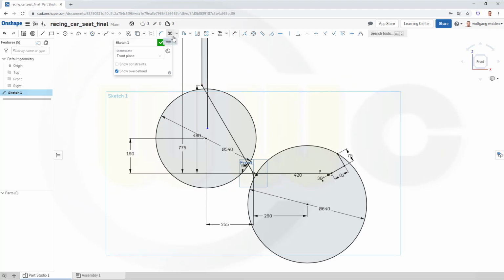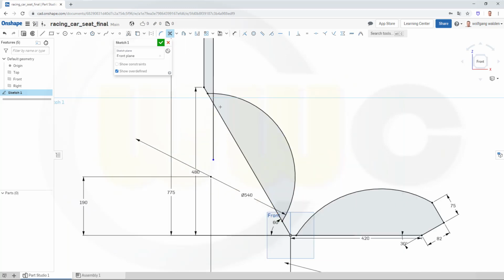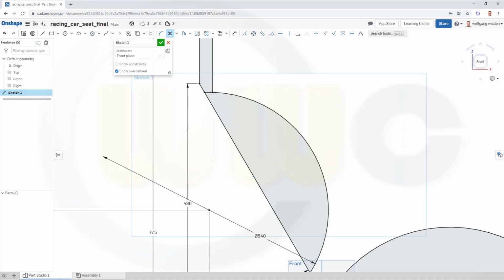Now let's trim. This should be removed, that should be removed, and this one, and that one. Now let's see if we can do a fillet. Go for a fillet from this one to that one, and this should not be 5 but 100. Now with that value I should be able to do a fillet here as well. So from this one to that one, yes,